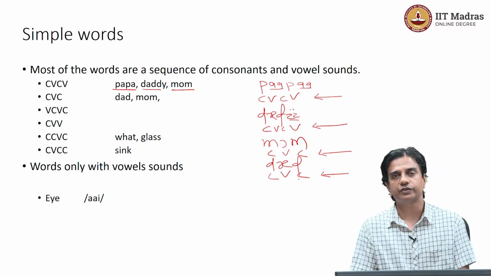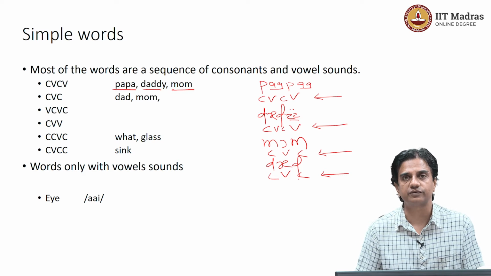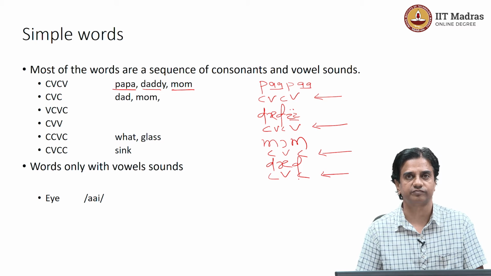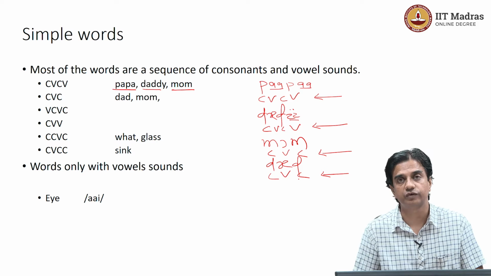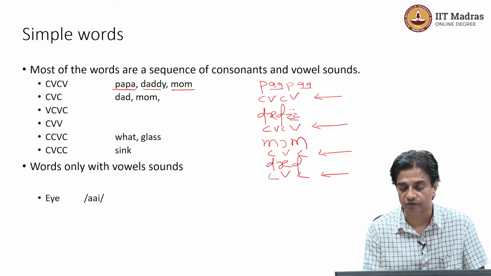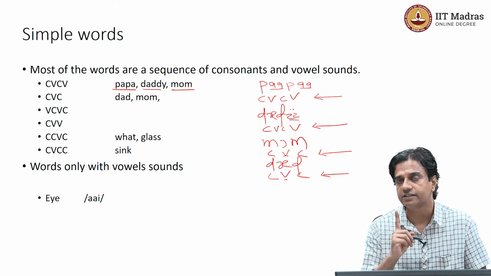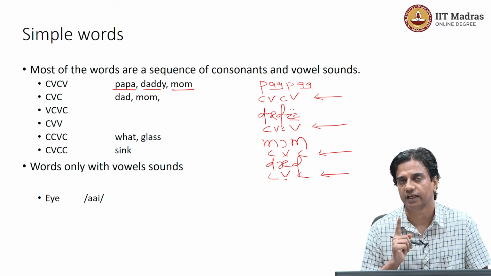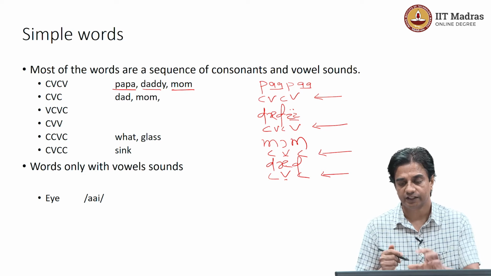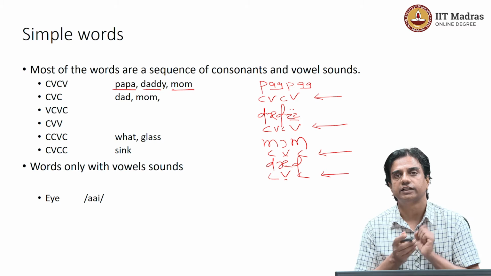Likewise, you are going to see an alternation of these sounds for any word in English, and thus you will also find at least one vowel sound in every word. There could be more, but at least one vowel sound in every word. So, you get to see this alternation.